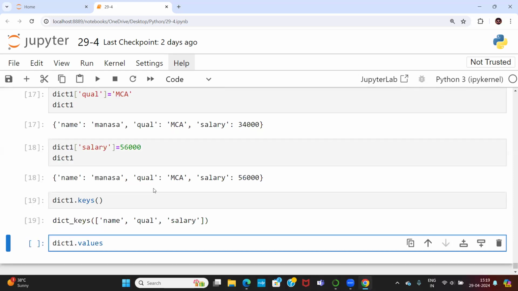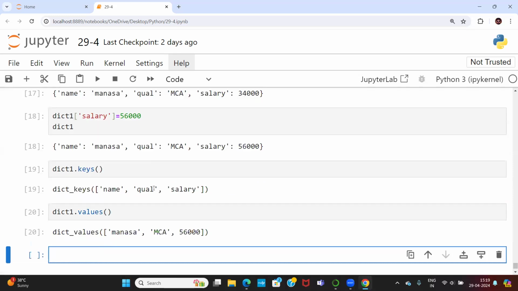What are the values which are going to be available inside the dict? I want to gather Manasa and MCA 56,000, which is going to be gathered using a list and a tuple list. Okay, so you may give different things. For example, dict2